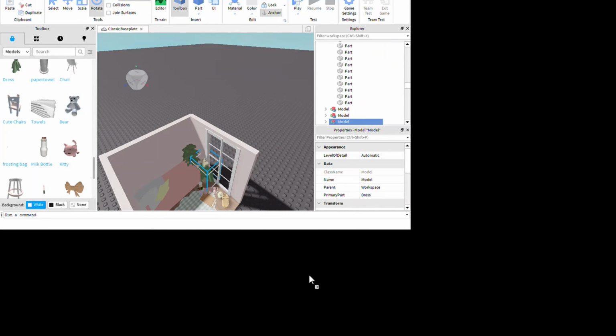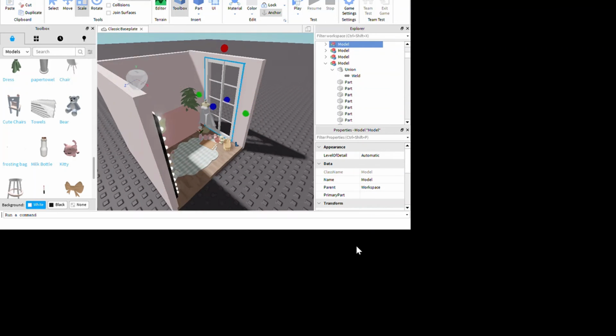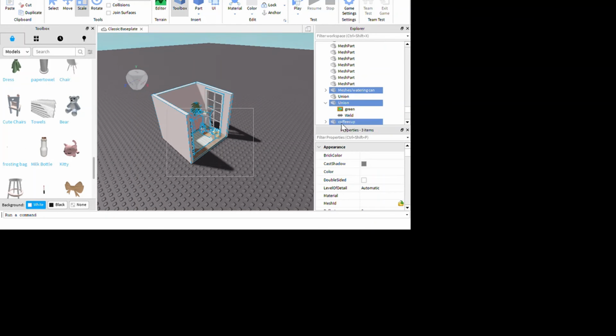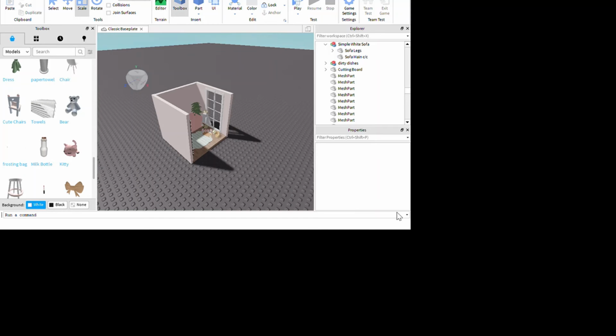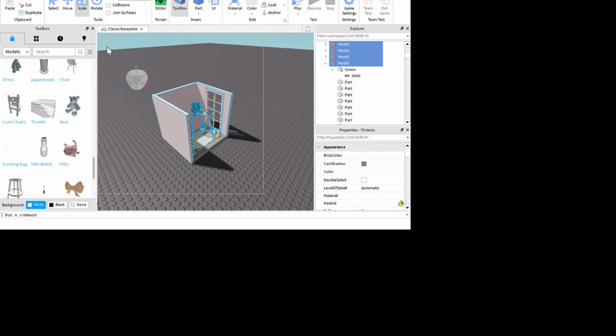I usually add dresses. I don't know why. It looks super cute though. So click this, click dress, and then I can make it smaller, bigger like that, which is weird, but like this looks cool. So after you're done, you're gonna hold your mouse while left clicking, and just